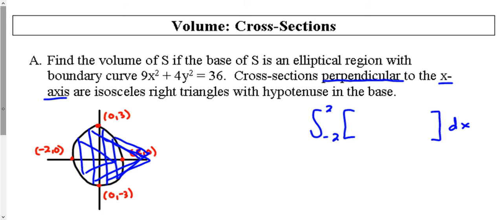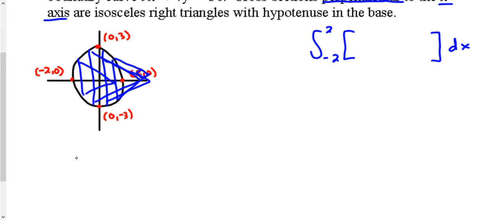in terms of x. So over here, I'm going to draw one of these triangles. Maybe I'm going to draw it like this because it's easier on me to draw it like that. So that's the right angle, so this is the hypotenuse. The hypotenuse is this part right here. If I take my triangle here and turn it around, it actually looks like that. It matches up with these right here. And I've just got an infinite amount of triangles going from negative 2 to 2 right there. So we've got to try to figure out something about this triangle and then get the area in terms of